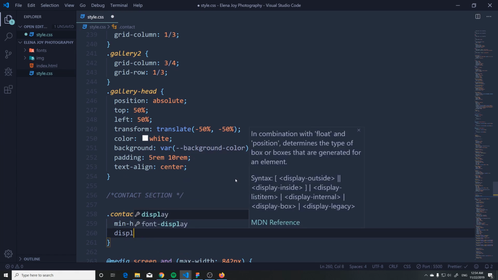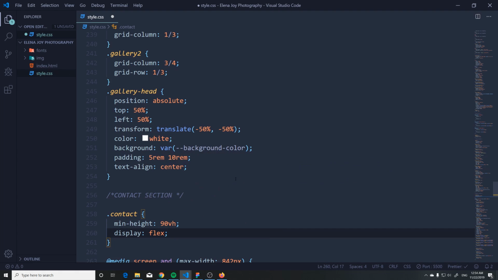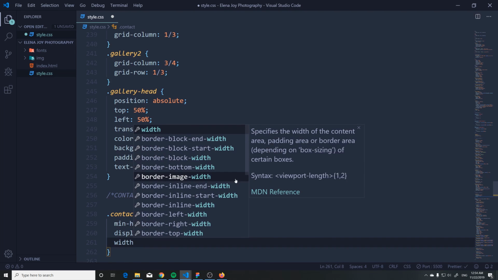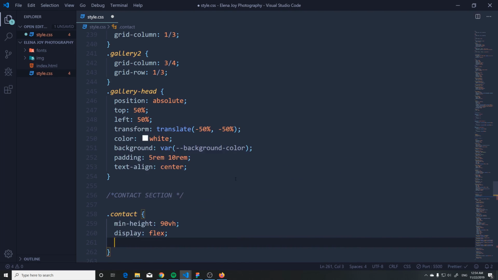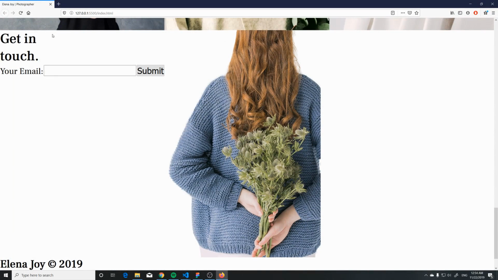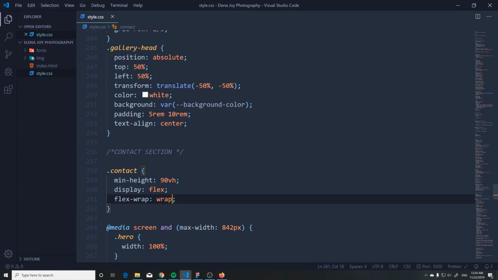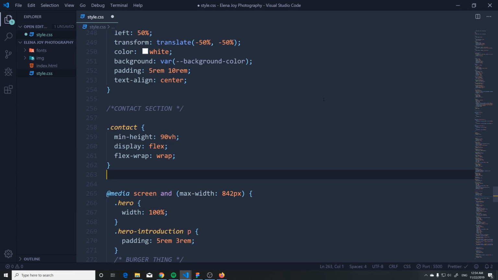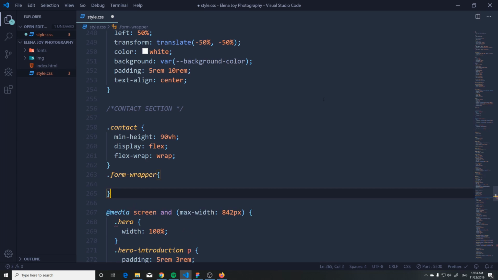Let's do a display flex and a flex wrap of wrap. Okay. Good. Okay, so we have this here and this there. And now what we're going to do is kind of increase the size and make them take up a specific amount of space. Form wrapper. And we're also going to get the,